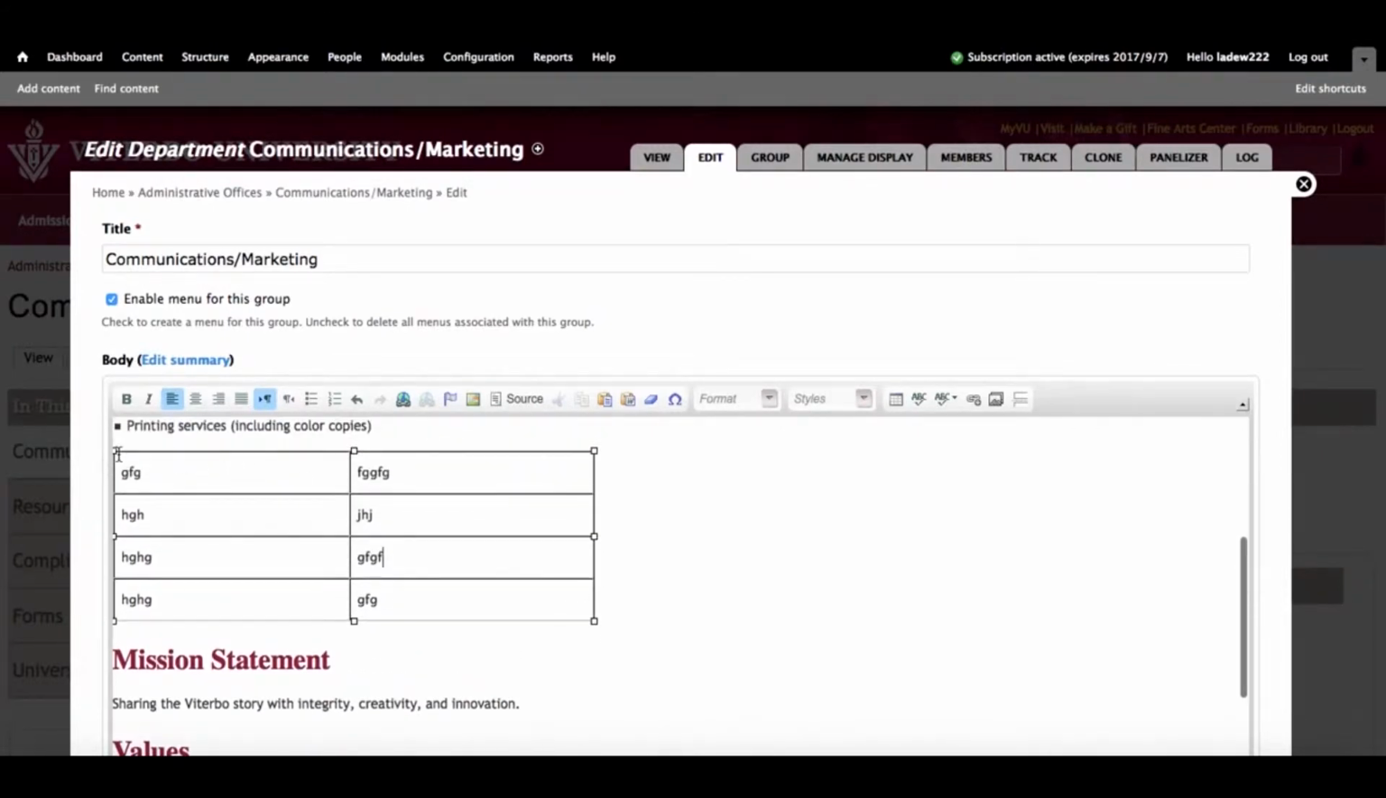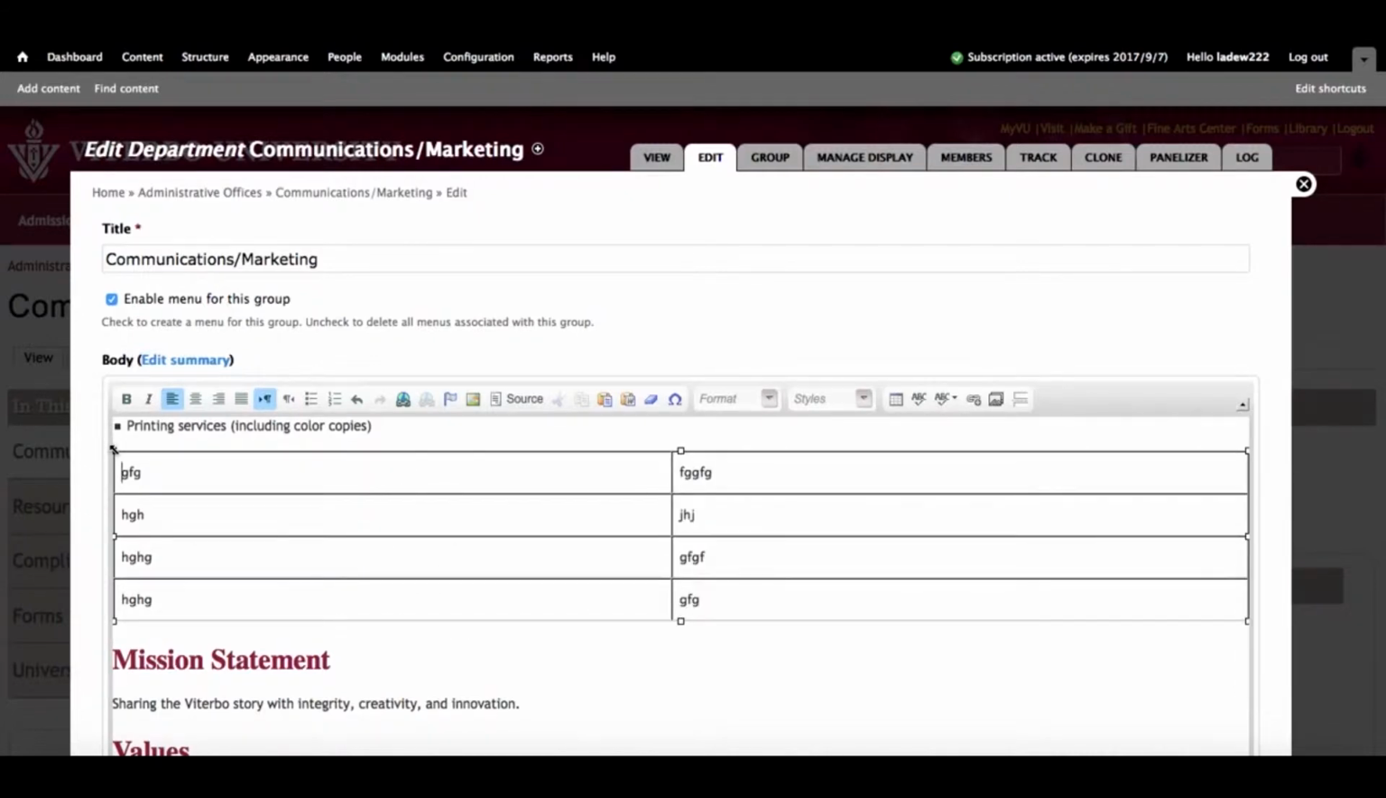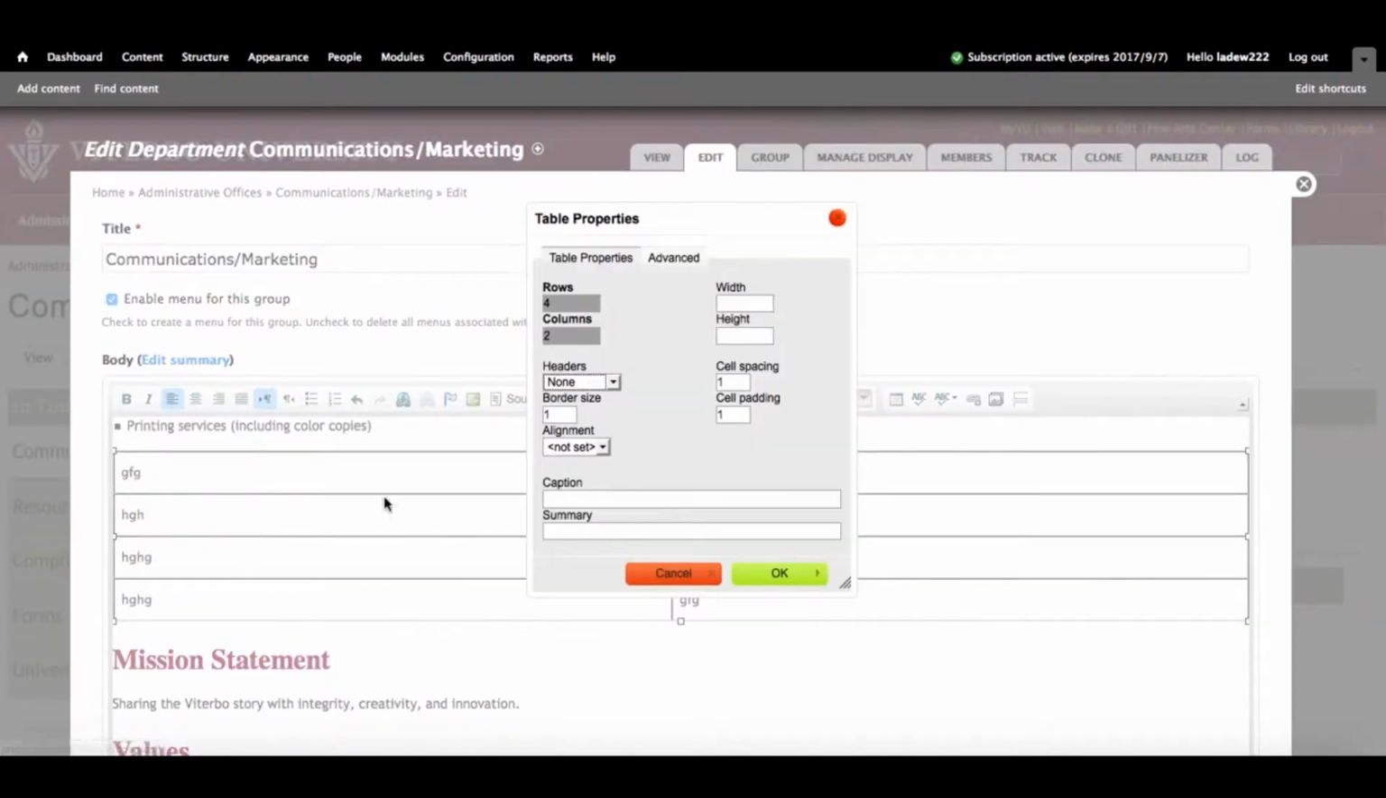Now, if I click on this table, by clicking on that lower left here, it makes the table expand, goes to the full size of the page. And if I right click on this and go to table properties, I will see